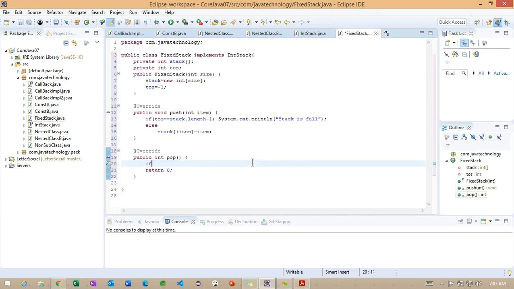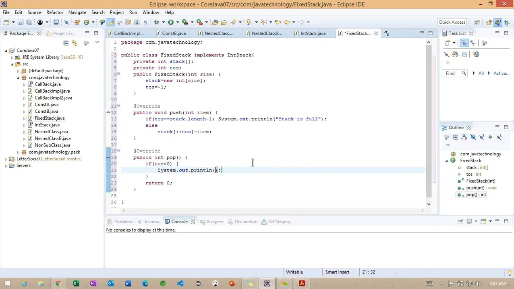Inside this pop method, I'm going to add a condition: if the variable tos is less than 0, it is underflow. The stack is underflow, so the stack cannot have any information.